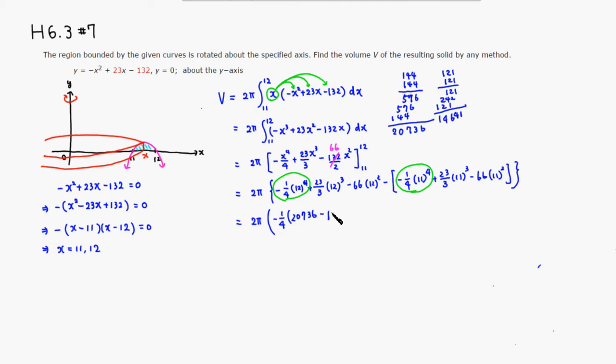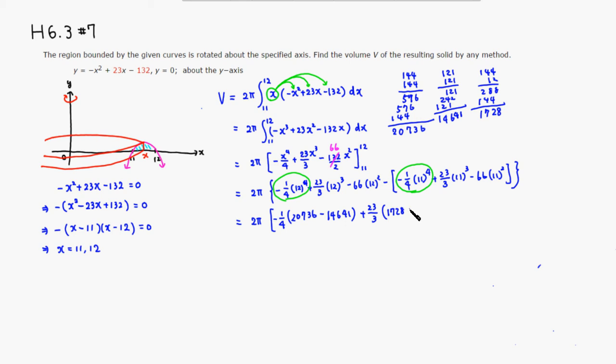So we have 1, 4, 6, 4, 1. Right, so we have that. Right, so that was only 2 terms. The next one is plus 23 over 3. 12 cubed is 144 times 12. So you have an 8, 2, 7, so